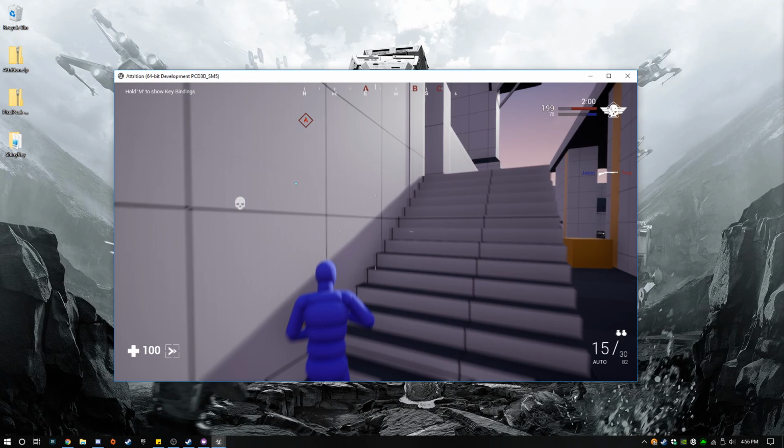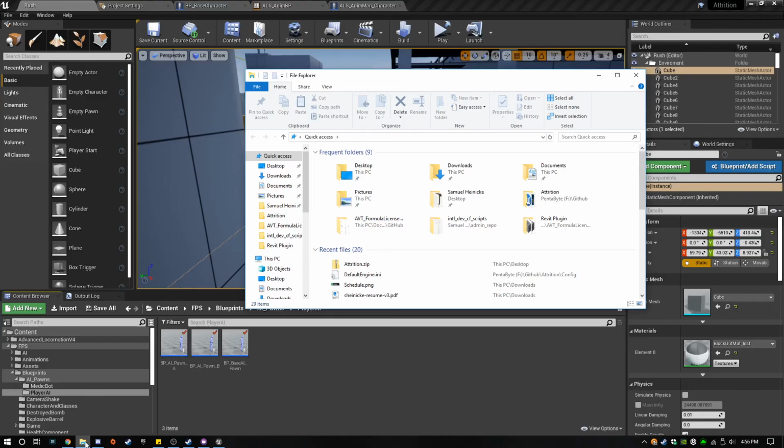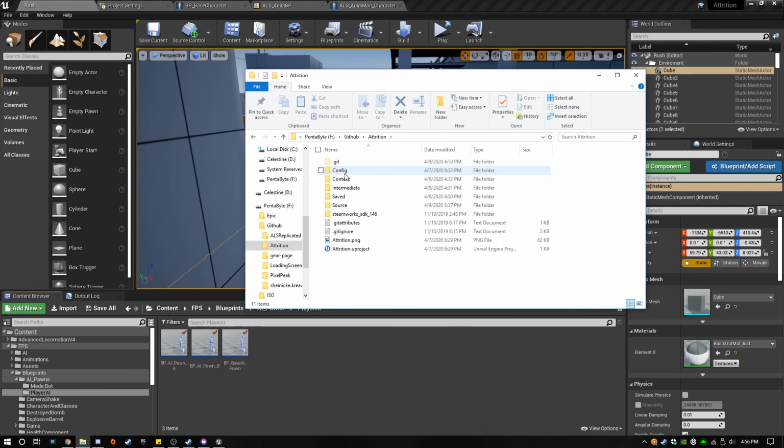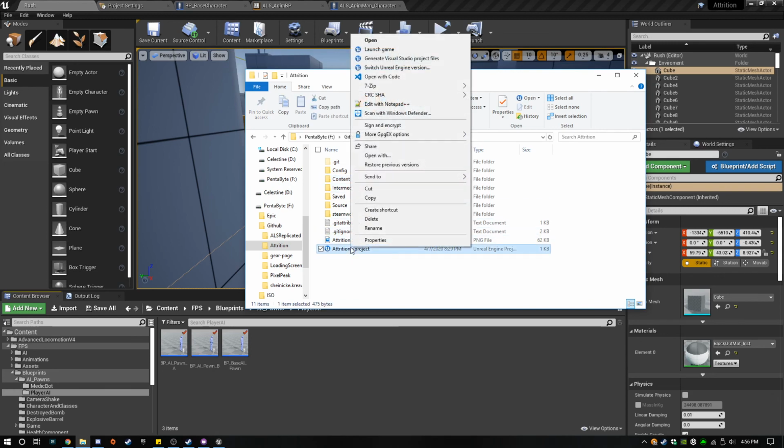Not better on the lag. Alright, here, let's try this then. Let's launch a standalone, and then close Unreal Engine. It's probably my CPU bottlenecking again. What are we looking for? We're looking for this. Yeah, okay.